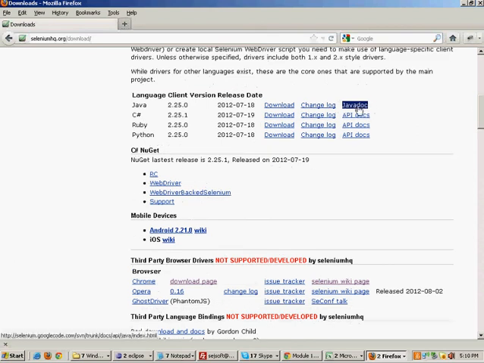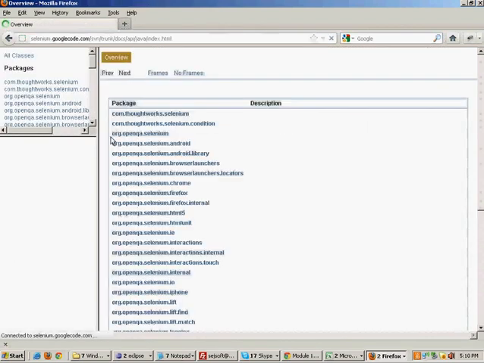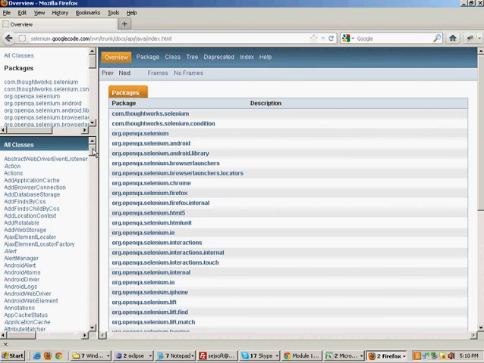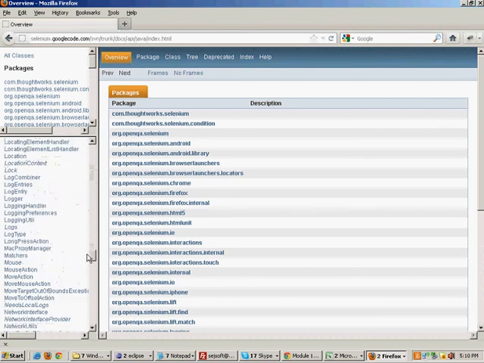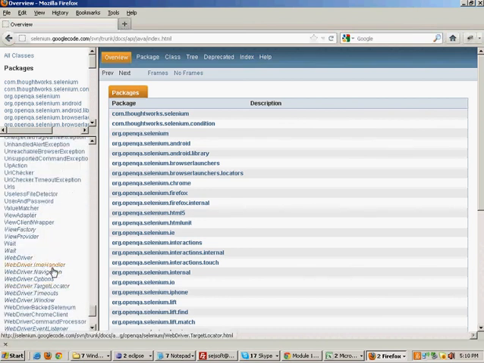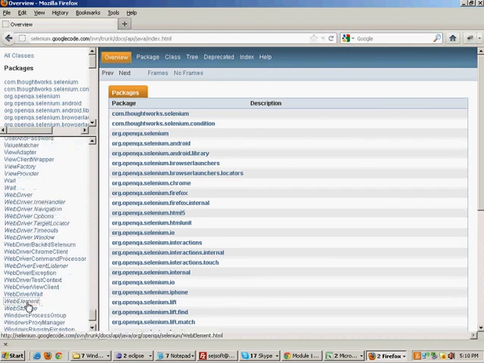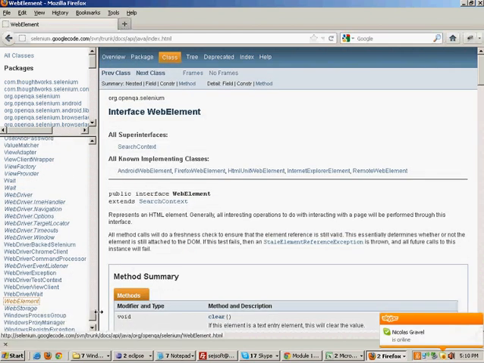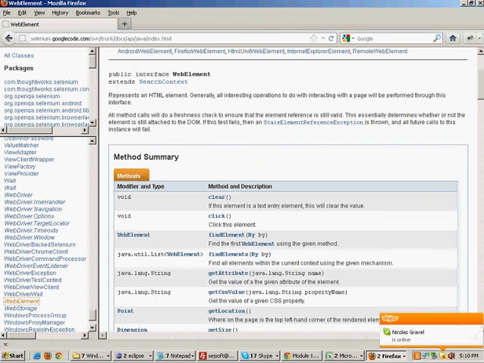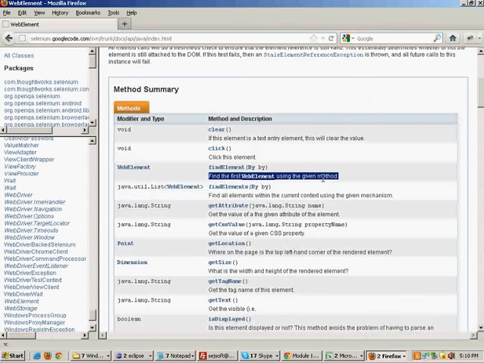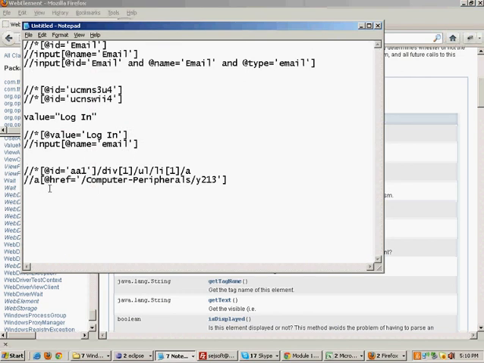In the web element interface, the function definition find element says that it finds the first web element using the given method. So if two objects have the same href attribute, then the first one will be clicked on.